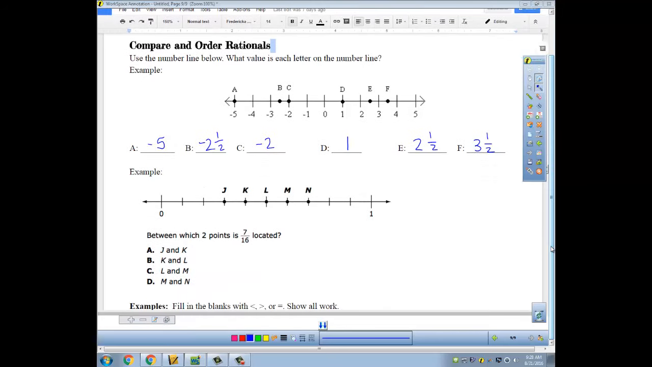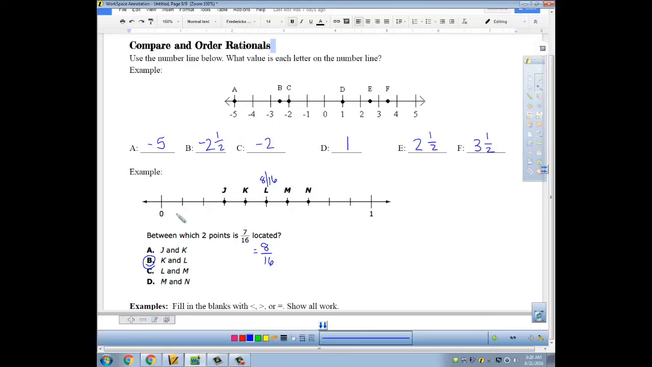The next question is multiple choice. It says between which 2 points is 7/16 located. Some people thought, okay, well 7/16 is close to 8/16. And I know 8/16 is half, and L is where half is. So that means 7/16 would be just to the left of it, so it's going to be in between K and L. Another way to think about this is you can count how many lines are in between 0 and